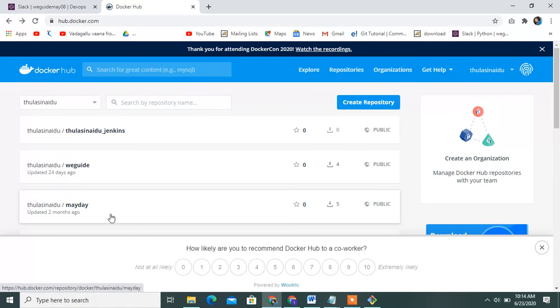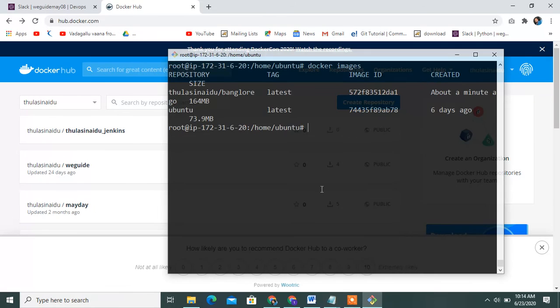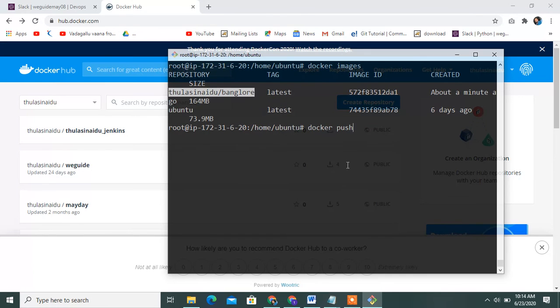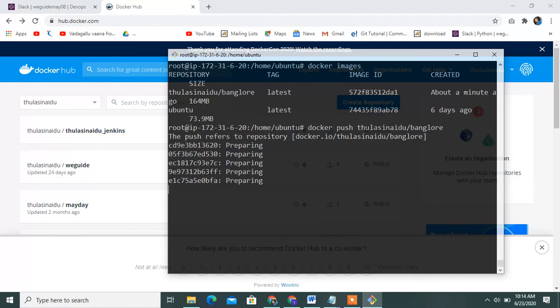You can check it, 24 hours ago, 2 months ago. How to push it: docker push, copy this image name, paste it. See this, it is pushing the image.